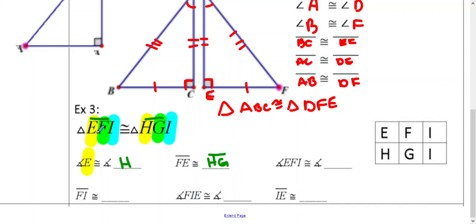So angle EFI goes in order here, EFI, and we'll relate it to angle HGI. They will be congruent. FI is on the last two, so we would say it's congruent to the last two in the name, GI. And FIE, this one looks a little bit different, but it's 1, 2, 3, going middle, last, first, so